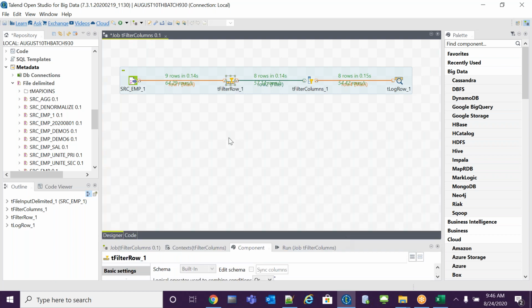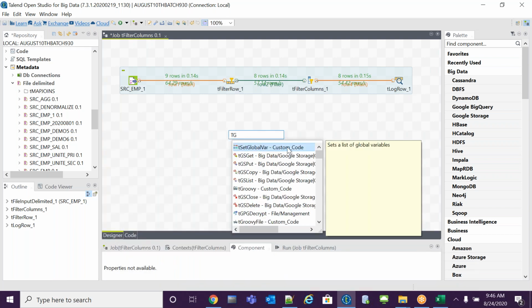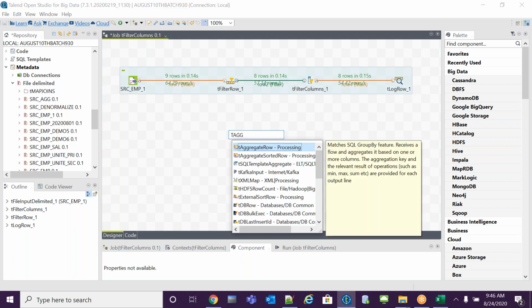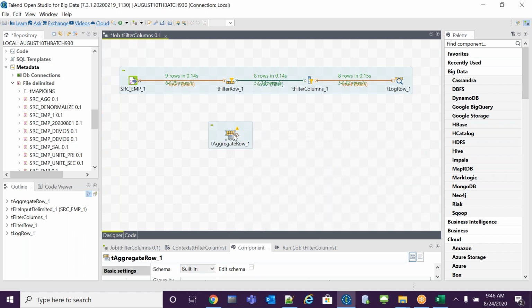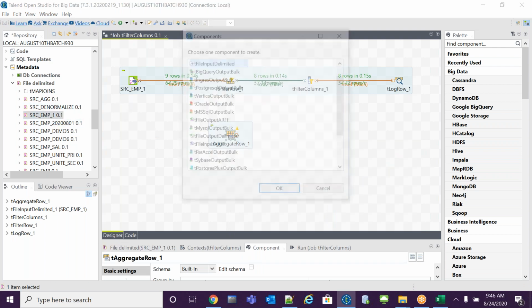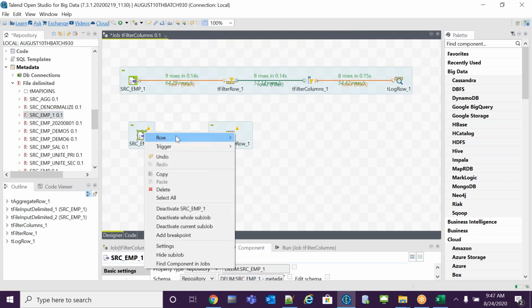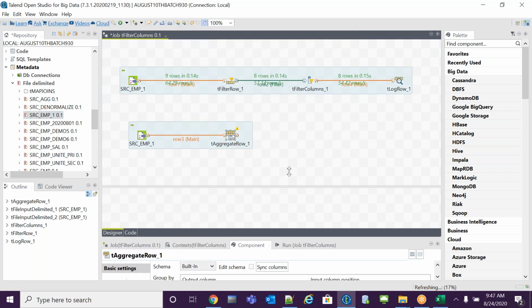By using the tAggregateRow, I can get all the list of values. Then we can filter it. There is a list function in the aggregator, right?